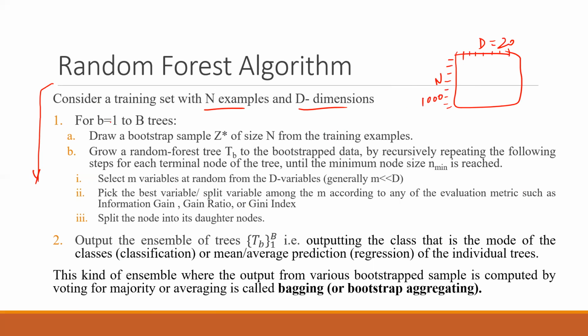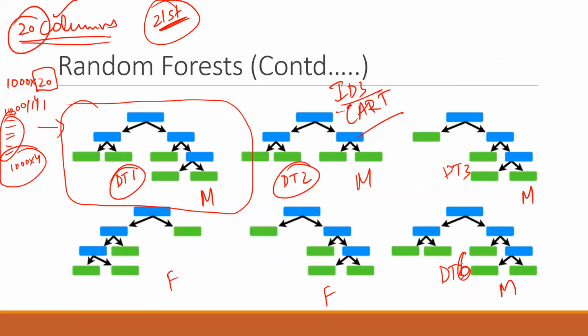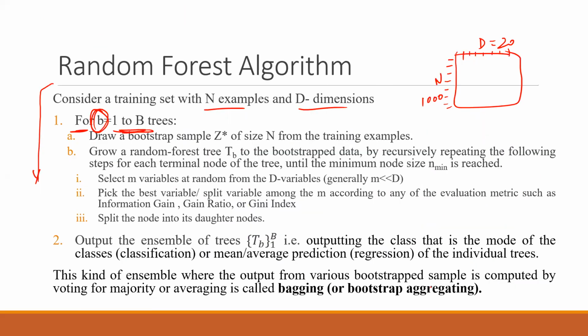What you have to do is generate a for loop, which means we will be generating a bootstrap sample, with b equal to 1 to B. It means that we are generating multiple trees out of the data set. In the previous slide, you also saw that there were 6 decision trees. So let's say my capital B is equal to 6 for now. We will be running this for loop 6 times.